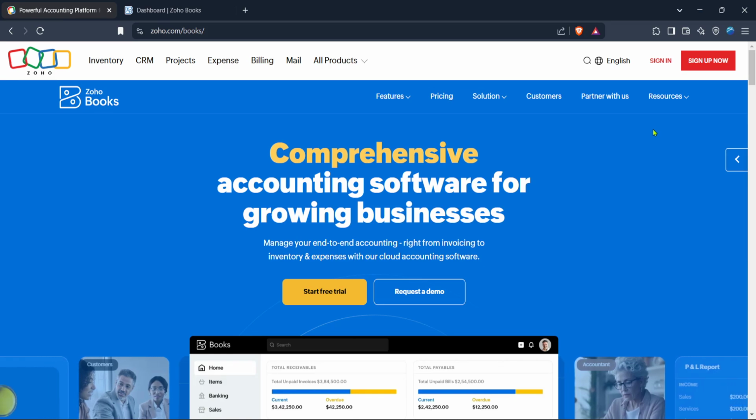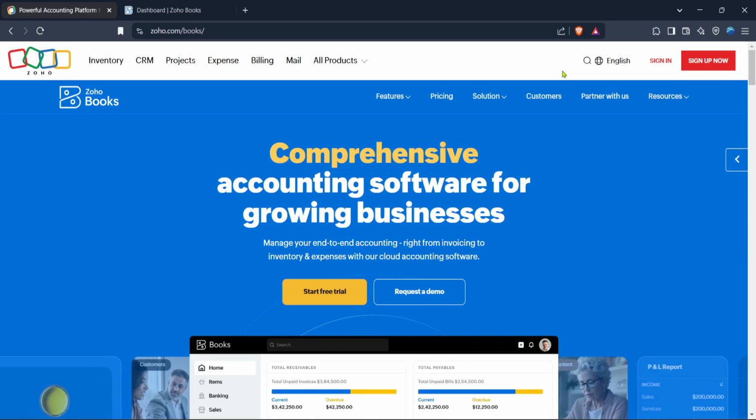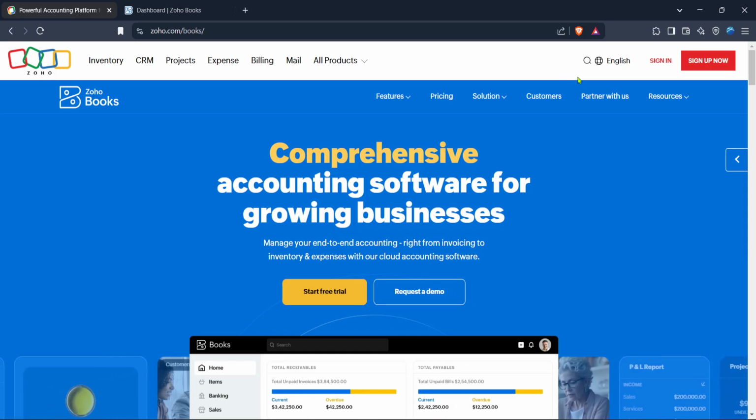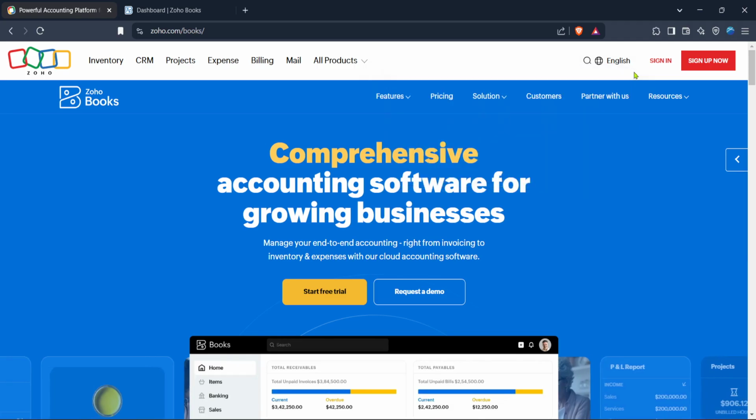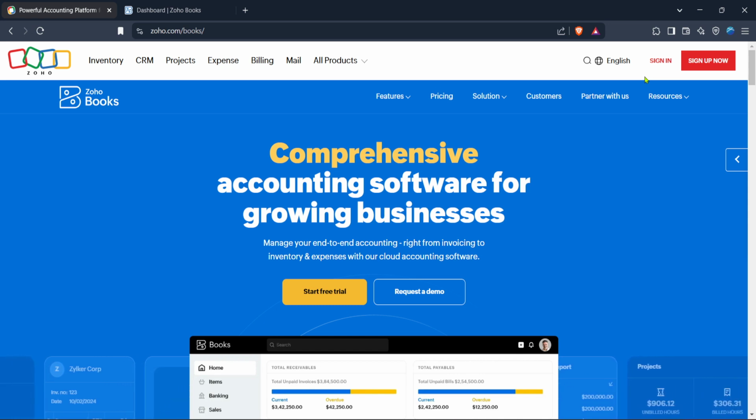First up, we need to start with heading over to the Zoho Books website. This is your central hub from where you'll manage all your accounting tasks. Open your preferred browser and type in the URL for Zoho Books, or simply search for it using a search engine of your choice. You'll want to land on the main Zoho Books page, which is visually intuitive and easy